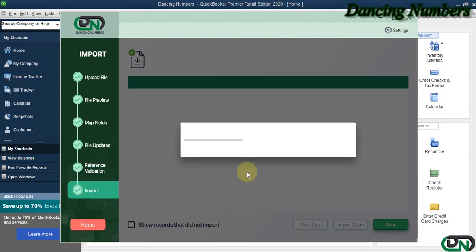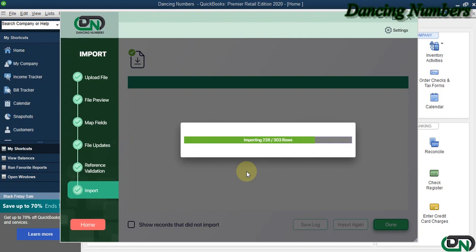Click OK. Now depending on how much information, how many entries, or how many checks that we have in the Excel sheet, it may take some time to have them all imported in your QuickBooks Company file. Even if there are multi-line transactions, that will also be imported in your QuickBooks Company file from the Excel sheet